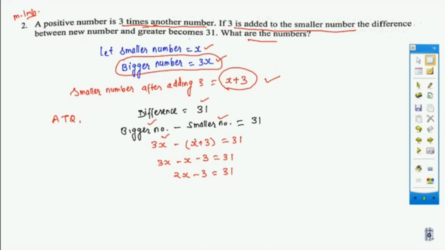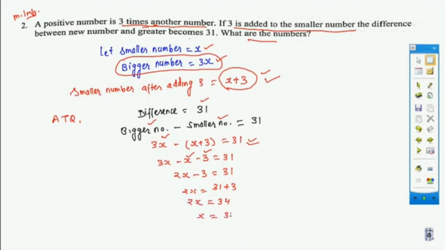Students, we will suppose that the smaller number be x and the bigger number be 3x. According to the question, the smaller number after adding 3 is equal to x plus 3. The difference is 31, so bigger minus smaller is 31. We will solve this equation. We will get